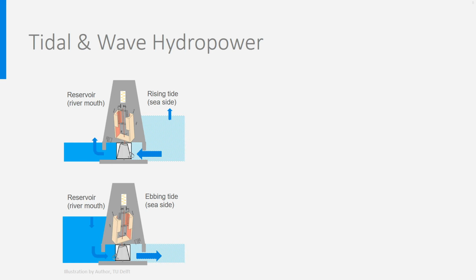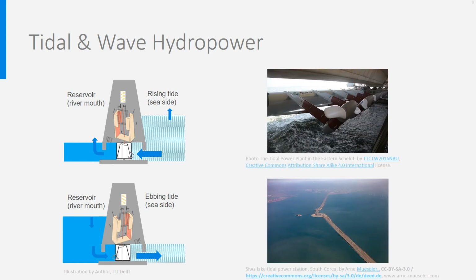Such tidal power plants can be found, for instance, in the Netherlands, see picture above, South Korea on the Sihwa Lake, see picture below, or France in Saint-Malo, where the height difference between ebb and flood is more than 10 meters, delivering a power of 24 megawatt and more than 500 gigawatt hour annually. There are also developments in the field of wave power, in which waves' kinetic energy underwater is converted to electricity by underwater floating turbines, like kite turbines. However, the potential seems to be much lower than the one of tidal energy.